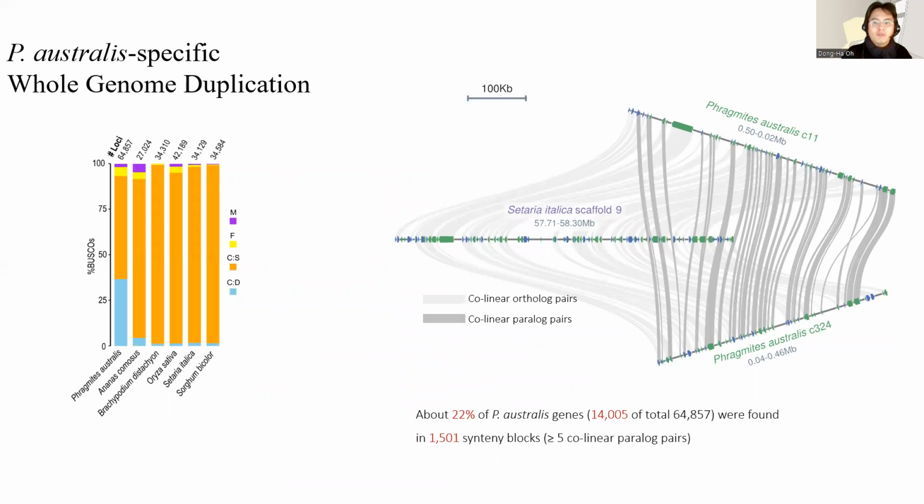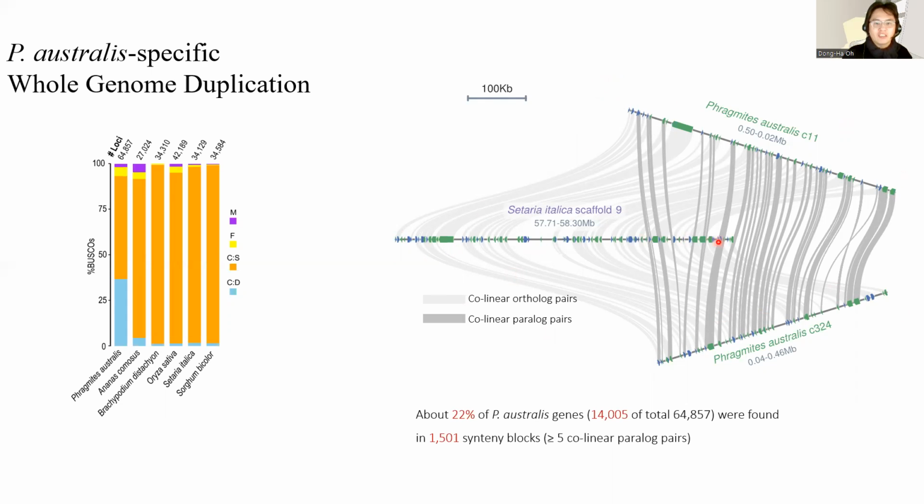So the first thing we found is that the Phragmites genome contains more duplicated genes than other grass genomes. These are all other grass genomes, and we can see that about 35% of the entire genes are duplicated in the Phragmites genome. So if we compare a portion of the Setaria genome, Setaria is a foxtail millet, with its corresponding Phragmites genome, we can find that Phragmites has this stretch of genome twice in its genome.